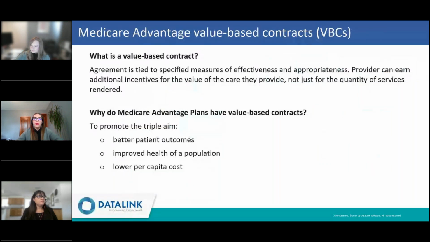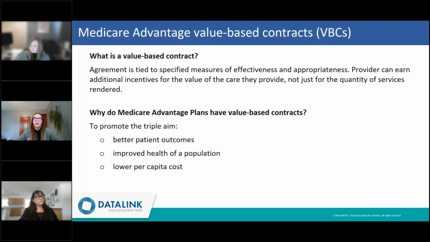We just talked about Medicare Advantage plans and how that star score from CMS can either have implications or rewards for the plan. So I want to talk a little bit about the importance of a value-based contract and why Medicare Advantage plans may promote value-based agreements within their network. So value-based contracts are really just agreements that are tied to specified measures of effectiveness and appropriateness.